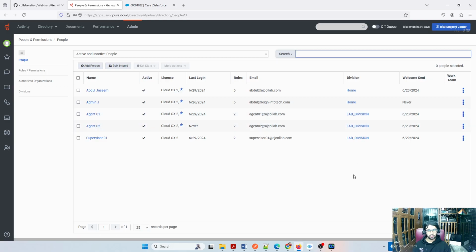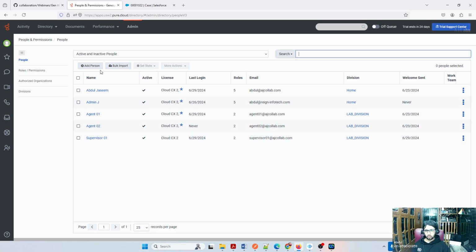They also have something called division. I'm not here to explain what division is. It's a way you can segregate inside your data center. Like you have two departments and you need a logical separation between them. An agent from department A logs in and will only see department A. He doesn't even know there is a department B. That's called division. But for timing, let's go with only a division called lab division. I'll be putting everything in lab division. The default division is home, so if you don't want that type of logical separation, you can configure things in home as well.